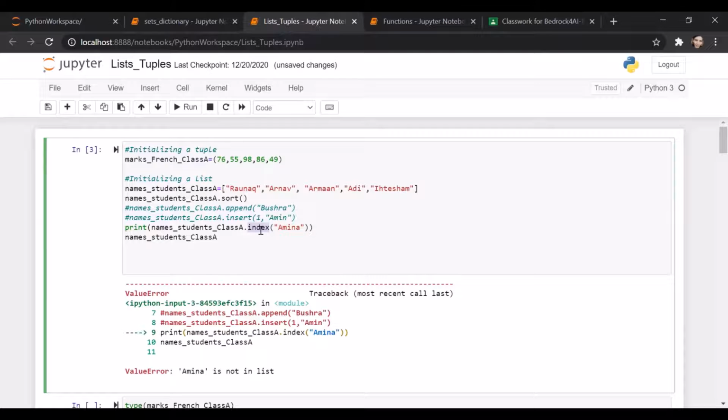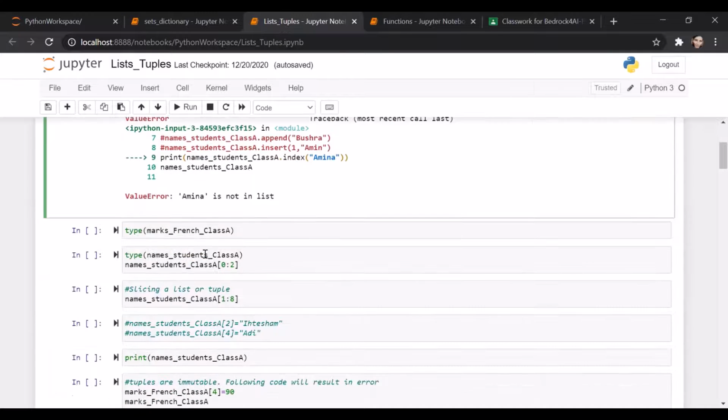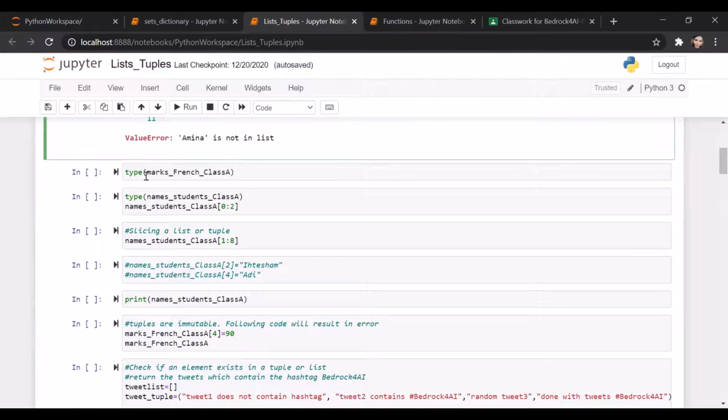But here you are authoritatively asking it to return the index. You're saying, go find this element and give me the index where this element is. If it isn't found, it just gives you an error in this case, that this element isn't there.